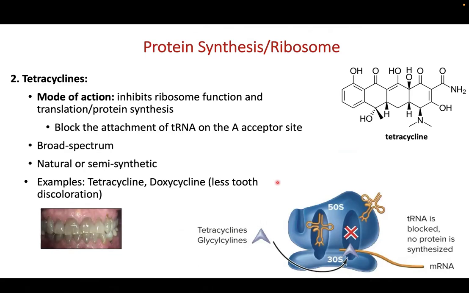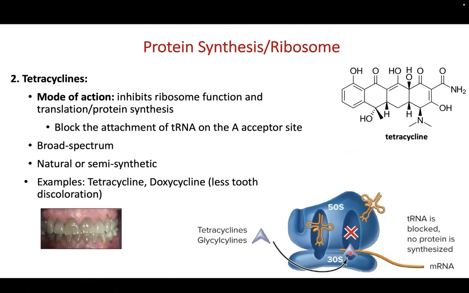So the next one is tetracycline, or tetracyclines. Their mode of action is to inhibit the function and translation of protein synthesis. Basically, they block the attachment of the tRNA on the A receptor. So as you can see, under normal circumstances, the transfer RNA will come and bind to the A receptor, and then it will recruit the amino acid, and it will move to the next one, and finally to the exit and go out. When you have tetracycline, it basically comes over here and blocks, preventing the landing of the transfer